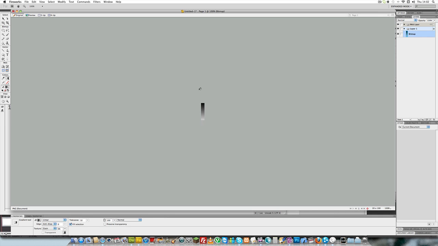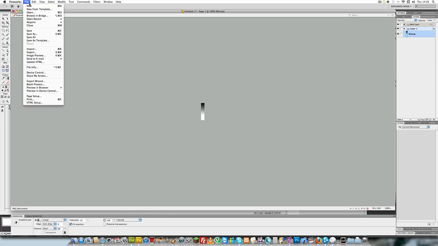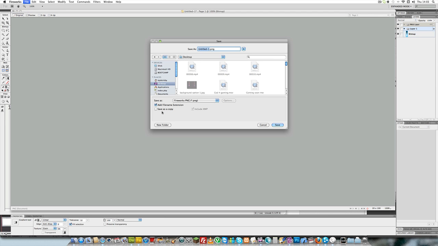If we let go now, you can see we've got a gradient. So if we come to our gradient and move this up a little bit and make that so it finishes in white. So if we save this real quick to our root folder of our website, in our images folder,